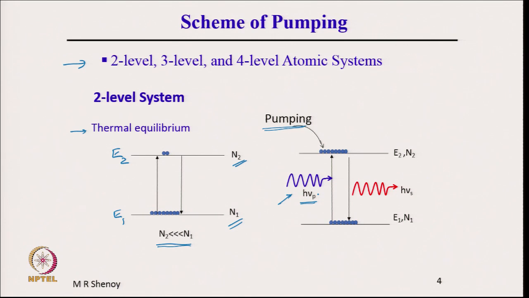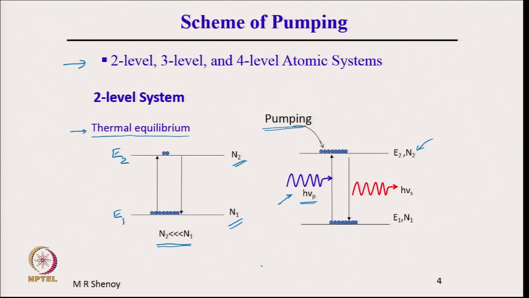Then there is radiation emission and radiation which is exciting. There is a dynamic equilibrium now, but in the presence of a pump, and naturally because of the additional excitation mechanism, since thermal equilibrium is the normal excitation mechanism because of the finite temperature of the system. But in the presence of a pump, it is like an additional pump: temperature is one pump, but an external excitation is an additional pump. This would always lead to a higher value of N2, but N2 may still not be greater than N1, but N2 will be more in the presence of an additional pumping mechanism.